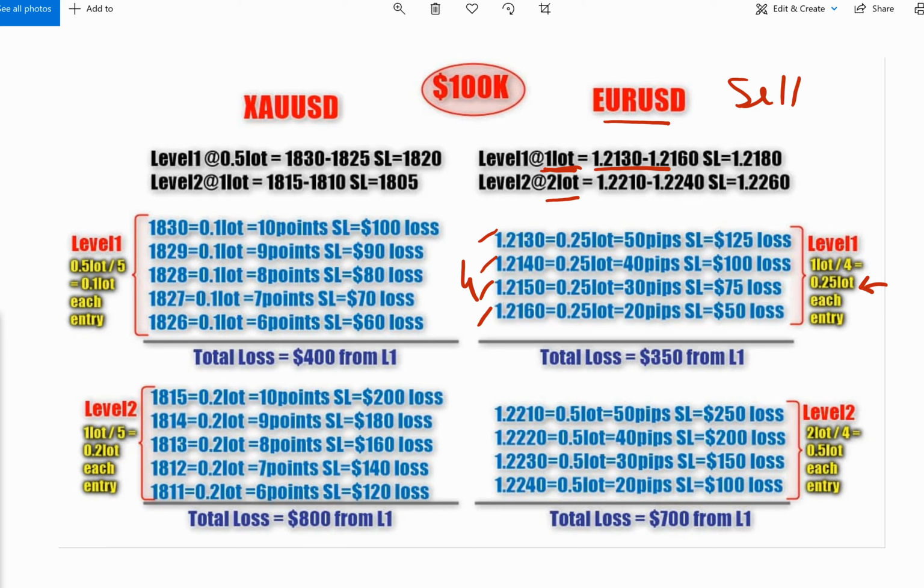So each trade will be placed with 0.25 lot size, and if SL hits for all these entries, then the client will have a $350 loss, and if the SL hits for level 2, then the total loss borne by the client will be $700, where level 2 will be traded with 2 lots, so 2 divided by 4, each entry will be placed with 0.5 lots. In this way, the Flash Trade 1